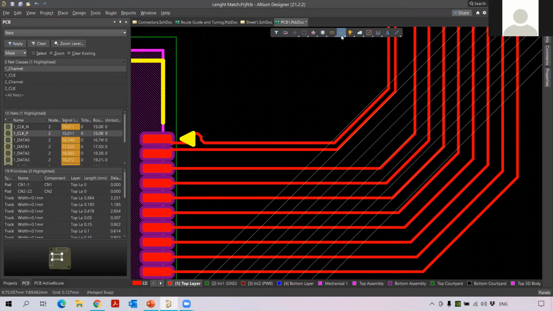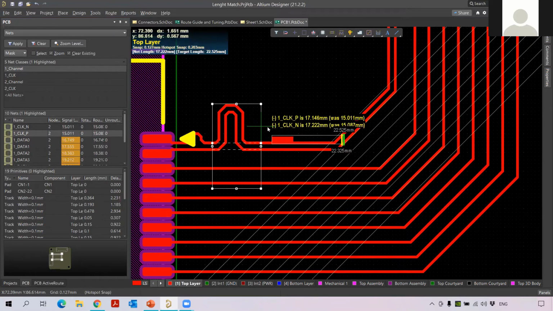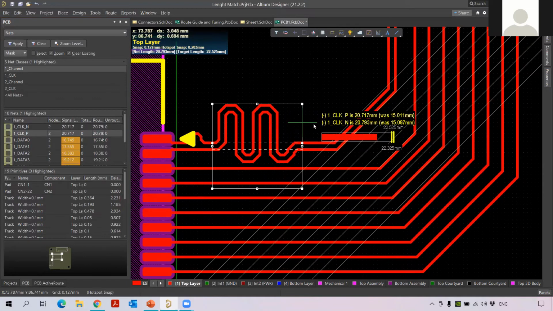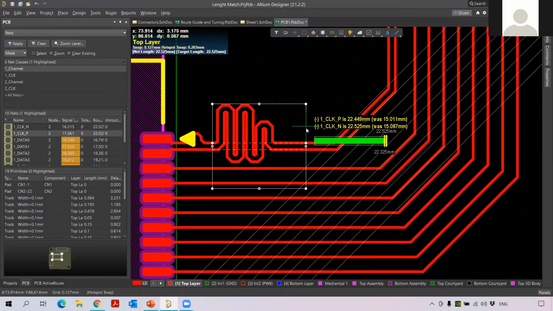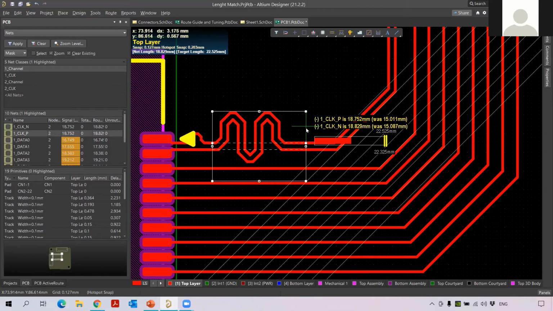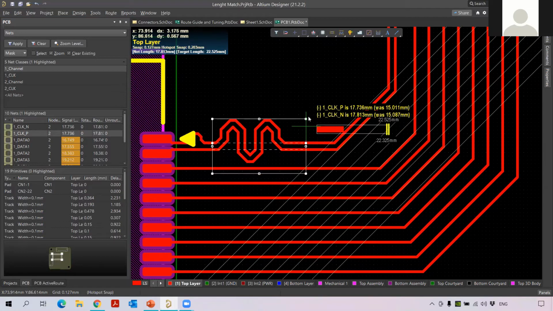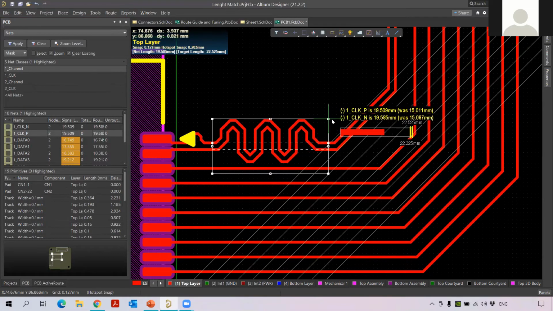To do it, I go for interactive differential pair length tuning, and you can start doing it here. When you're doing this, you can adjust the size of the amplitude by pressing the shortcut key 3 or 4, and you can press 1 or 2 to adjust the miter size or miter angle, miter arc, all these. If you want to adjust the amplitude, you can press comma or dot, which can be pressed to increase or decrease this length.